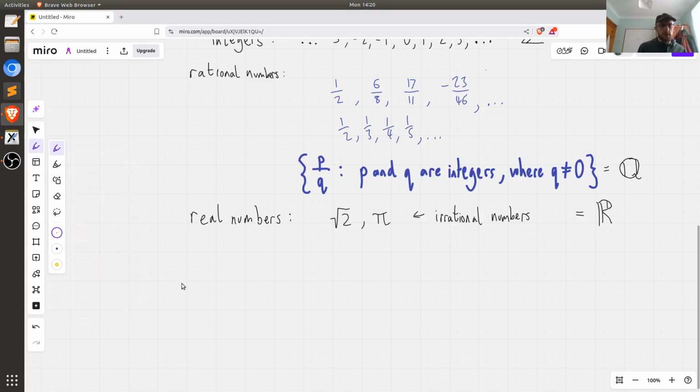Okay, so let's consider 1.43. I claim that this is just a rational number in disguise. This is just 143 divided by 100. Okay, what about